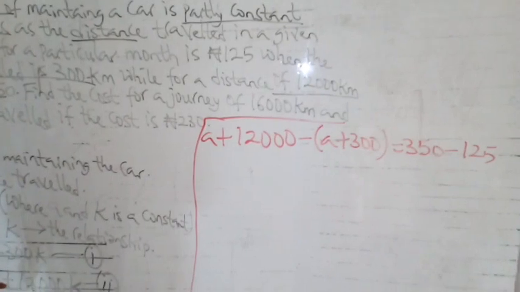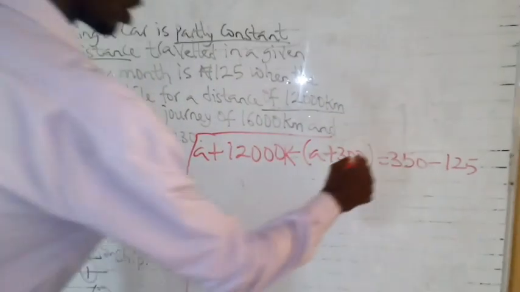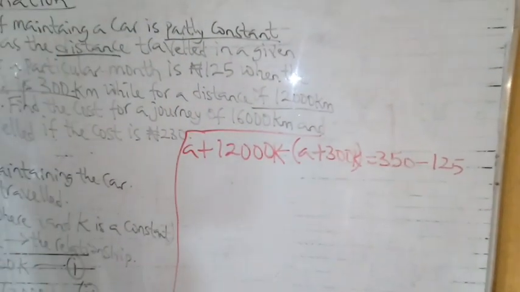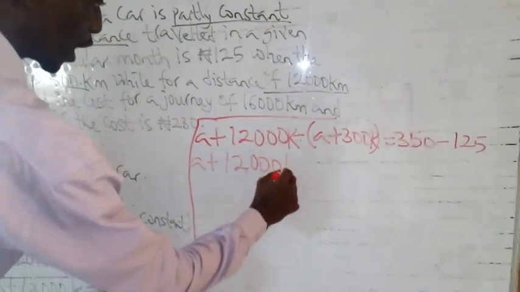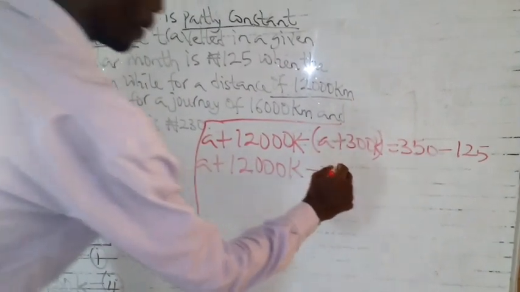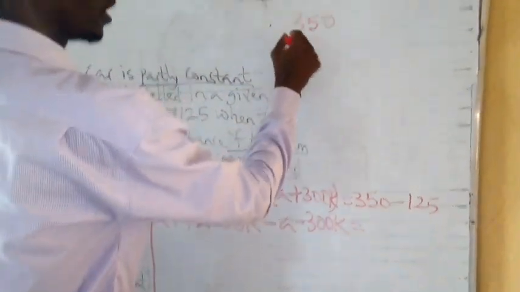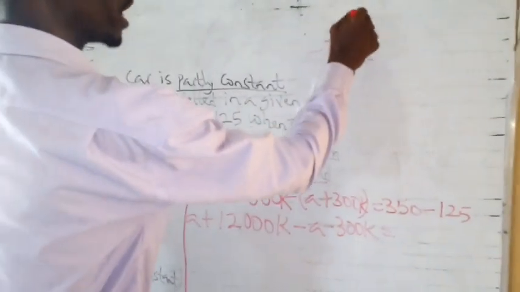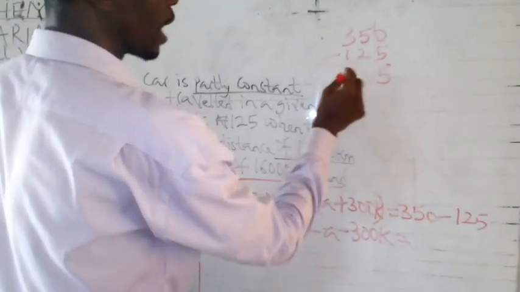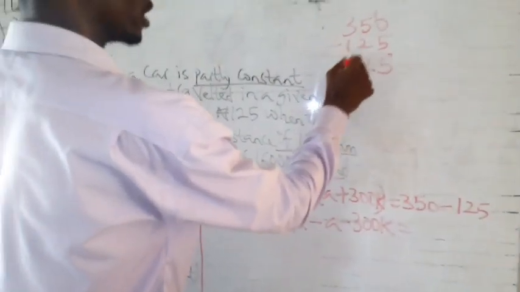Now we have 12,000 K, and this is also K. Now we have A plus 12,000 K minus A minus 300 K. Now 350 minus 125. 0 minus 5 is impossible. You move 1 here, that's 10 minus 5. That will give us 5. Remainder 4. 4 minus 2, that is 2. 3 minus 1, that is 2. We have